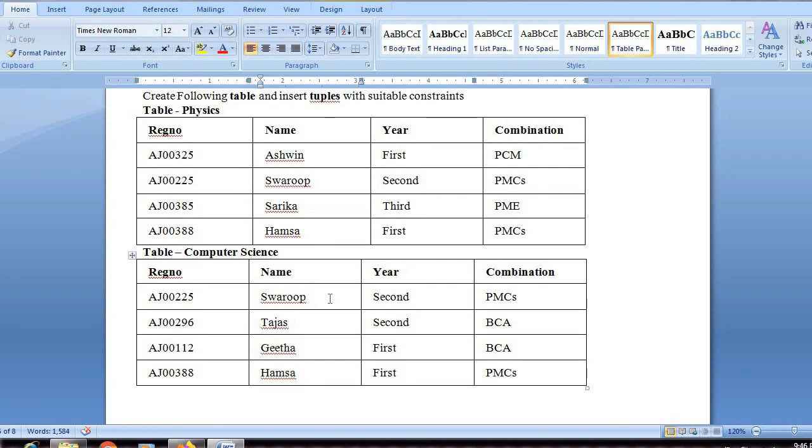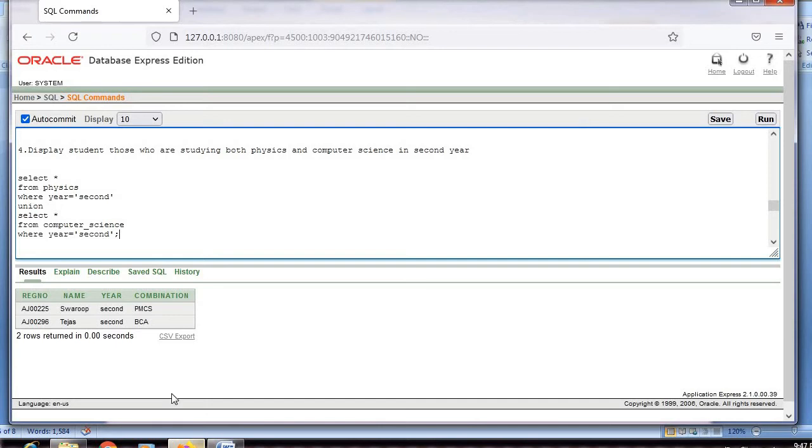So I'll remove one Swaroop because duplicates will be eliminated. So I have only Tejas. Then when I apply the union operation, the information from both tables will be combined and given in your result, that is Swaroop and Tejas. These are the students who are studying in both physics and computer science in second year, which you can see in the result.